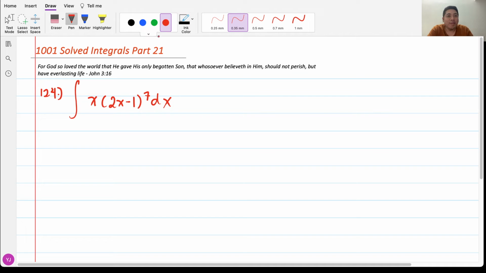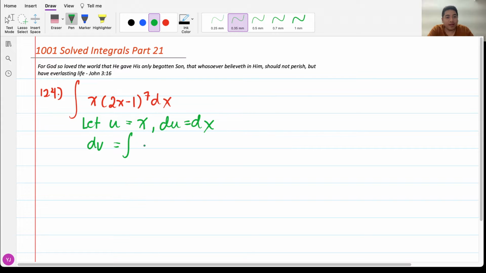So in this type of problem we're going to use IBP, or integration by parts. The priority in choosing u will be algebraic. In this case both are algebraic, but it's good to let u be x, and the du will be dx. Now whatever remains will be your dv, and that will be (2x minus 1) raised to 7 dx. So we know that if we integrate that to get v,